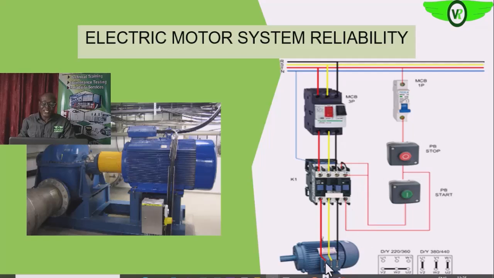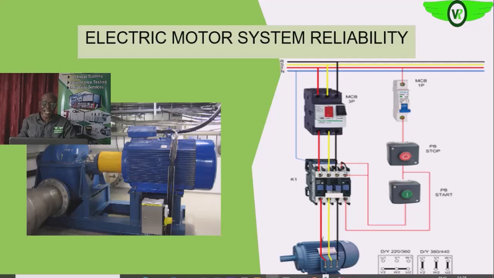So you will see that the reliability of all of these components, including the cabling, the feeder lines, the contactor, and the circuit breaker, and if you have isolator switches on them, and the control circuitry, all of this will affect the reliability